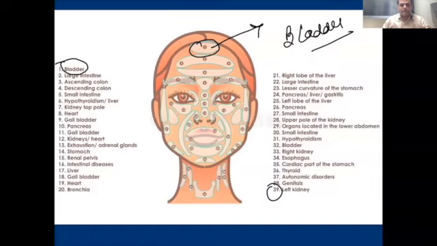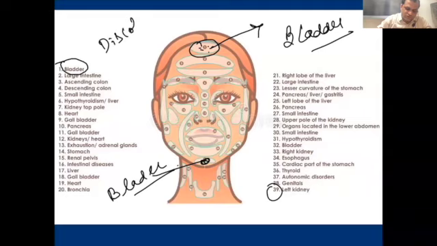And this lowermost point is also the point of the bladder, right? So if we look at this area, and suppose this area has discoloration, or this area is pigmented,